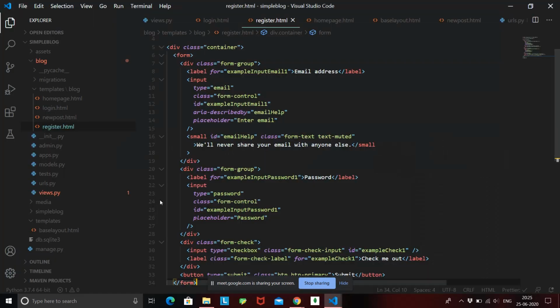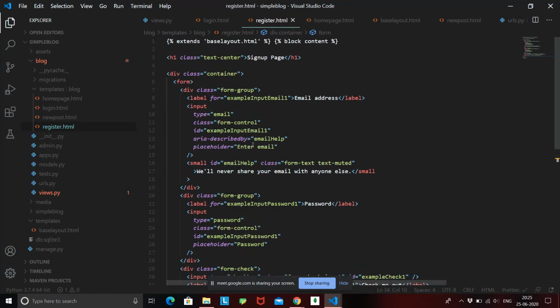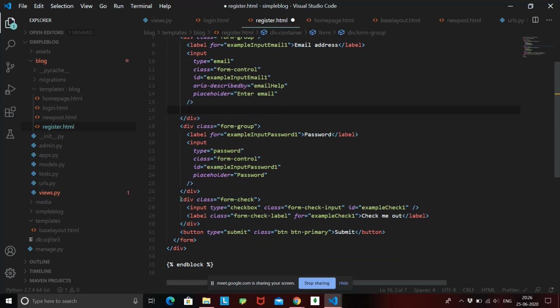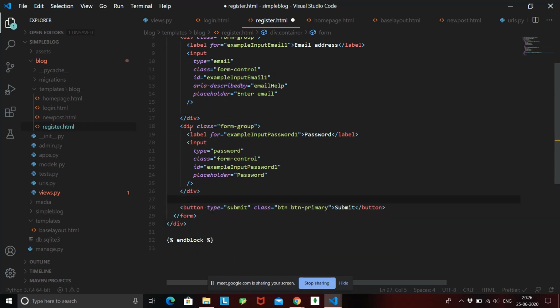So what all we can edit is, we don't need this, we'll just edit it a little bit. We need password, and I'll copy this password and paste it again, saying re-enter the password.